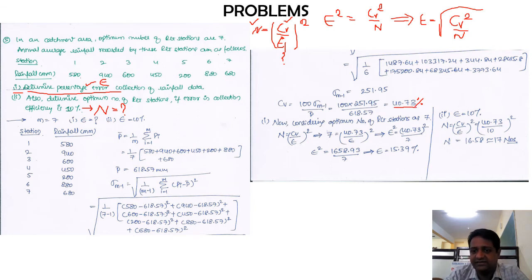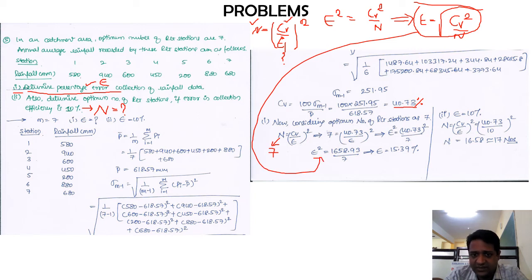Okay, keeping that in mind, next moving on to the last step, we have two sections. The first section is where you consider the n value as 7 and determine the value of epsilon. As I have given the formula here, the same process is applied. If I do that, 40.73 divided by epsilon, the whole squared, ultimately I'll end up for the first part of your equation with 15.39 percent.